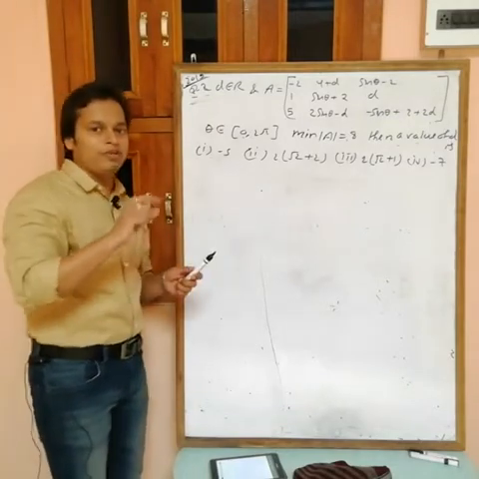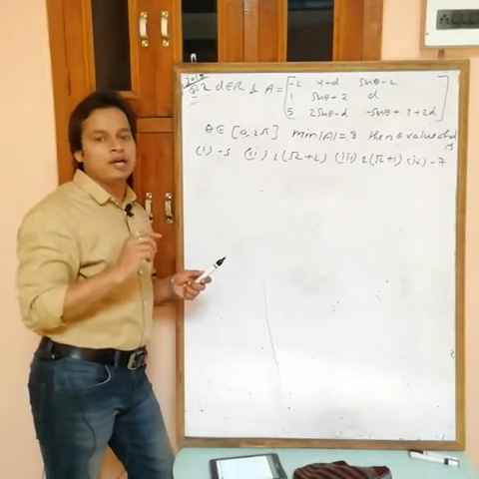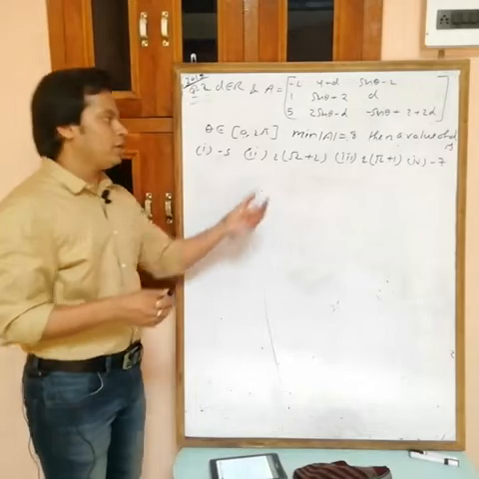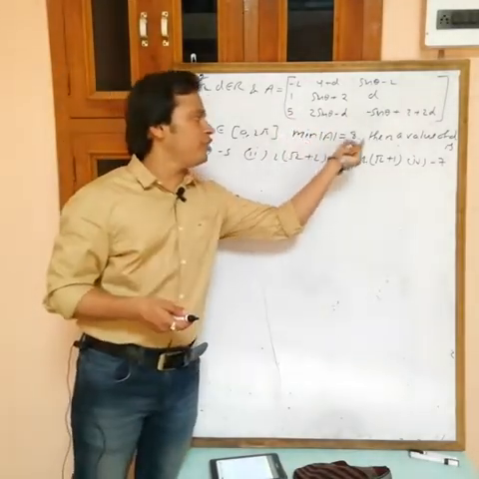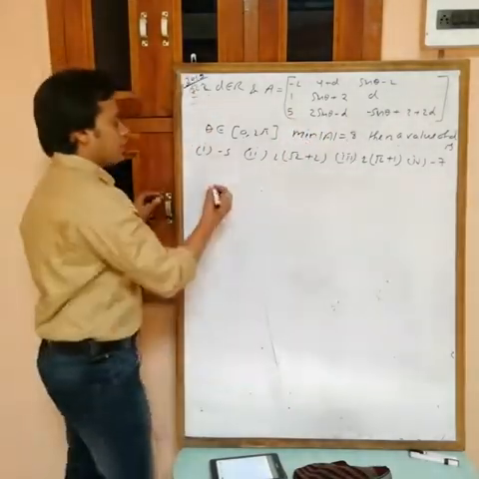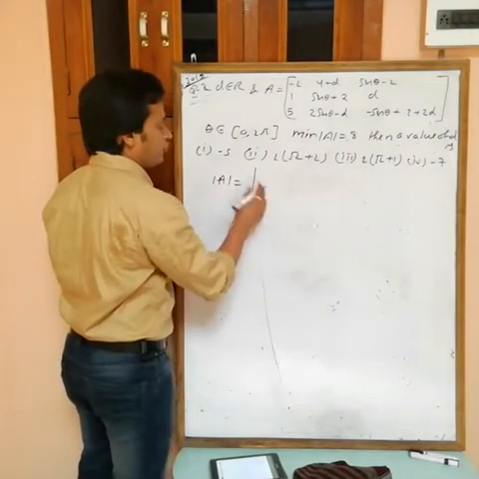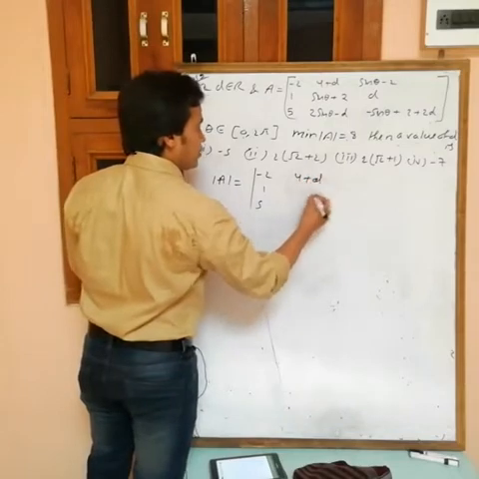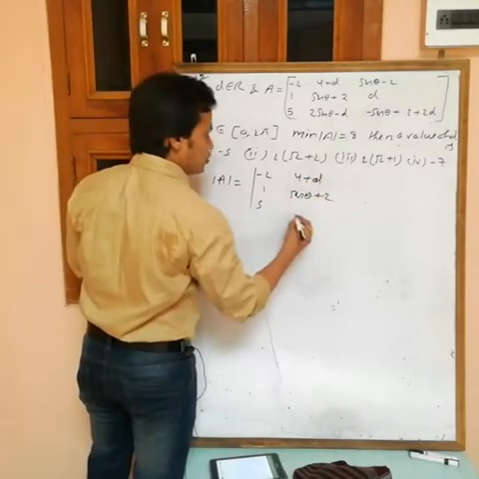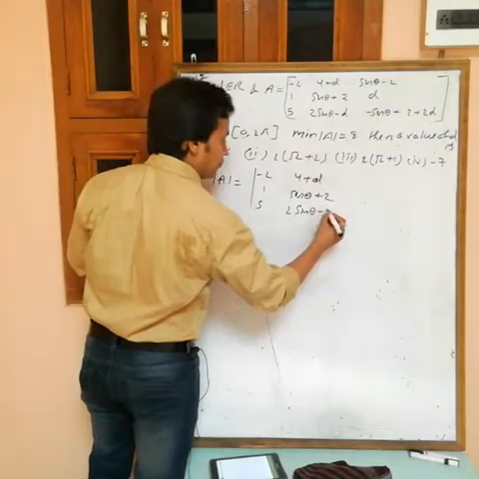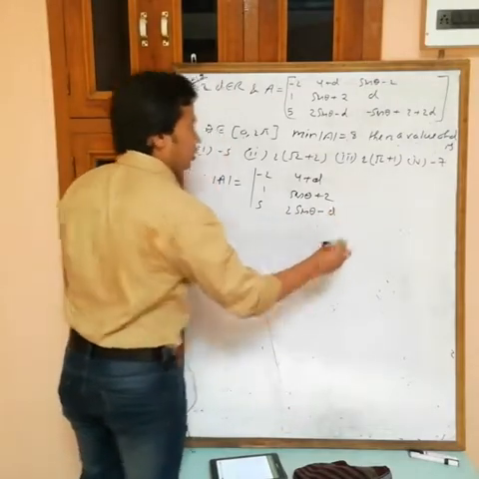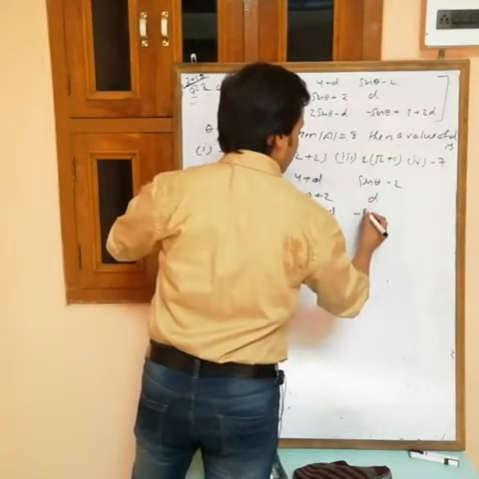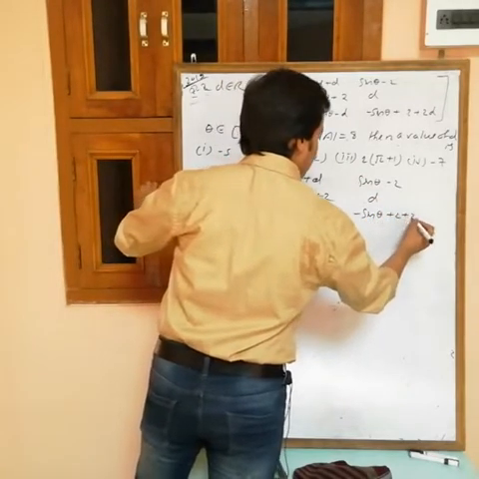So it is given that the minimum value of determinant of A equals 8. First I have to find the value of determinant of A, and then equate its minimum value to 8. So I am finding determinant of A first. Replace the matrix with determinant: -2, 1, 5, then 4 plus D, sin theta plus 2, 2 sin theta minus D. The third column is sin theta minus 2D and minus sin theta plus 2 plus 2D.